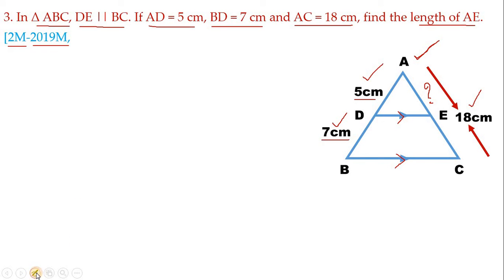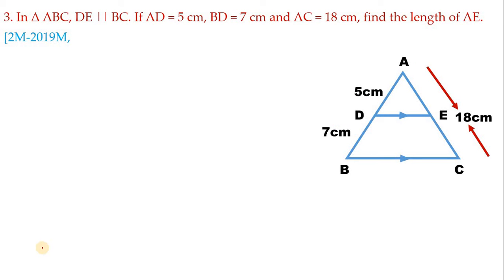Now as soon as you see such a problem, which concept has to come to your mind? In a triangle, if a line is drawn parallel to one side of a triangle to intersect the other two sides at two distinct points, then those two sides are divided in the same ratio. This is Thales theorem, the basic proportionality concept. But to solve this problem, we have to use the corollary of BPT. So I will tell you what that is.